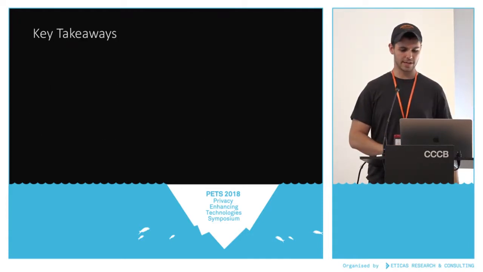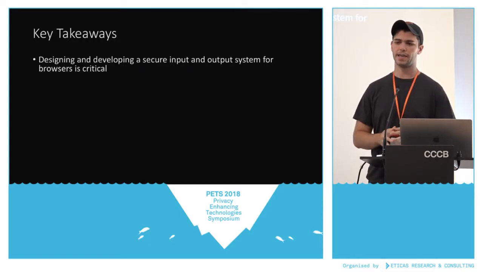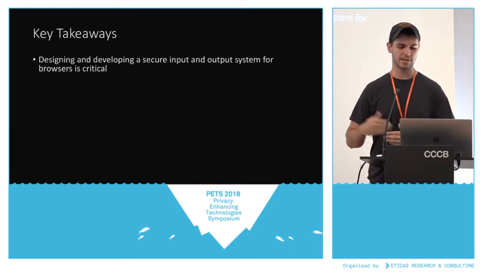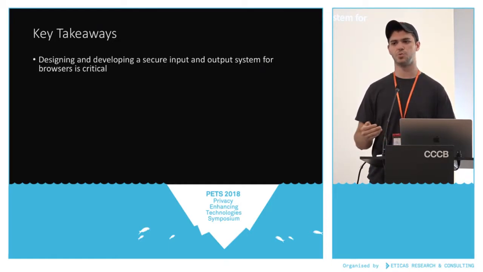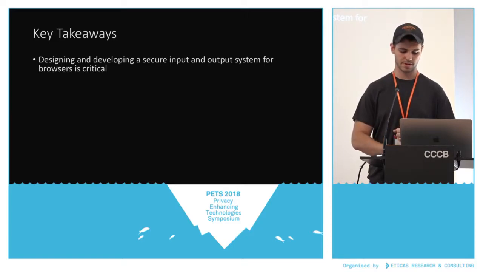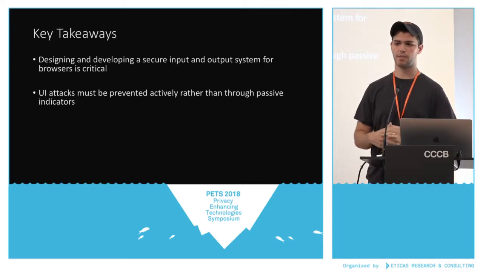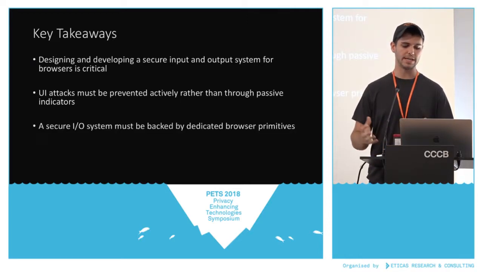So, last slide here: key takeaways. I think the most important thing is just recognizing that this is pretty important. We're so constantly talking about secure messaging, which is definitely really critical. And I think potentially the next step is some of these applications where you're effectively just talking to yourself, so to-do lists or calendar applications or different online note applications, such that we can have secure input-output systems on browsers. Secondly, UI attacks must be prevented actively rather than through passive indicators,